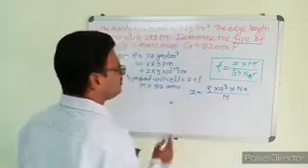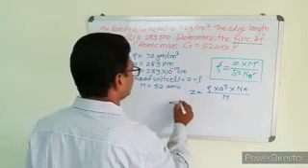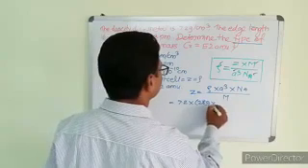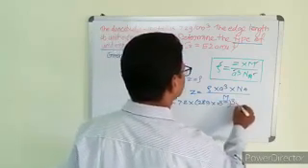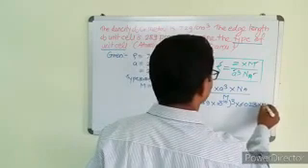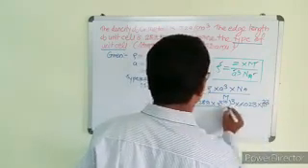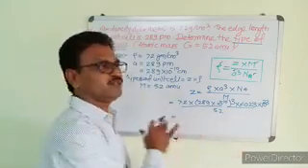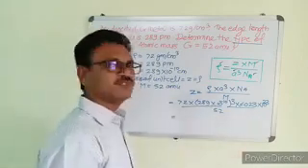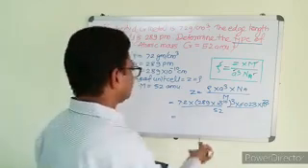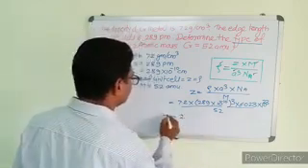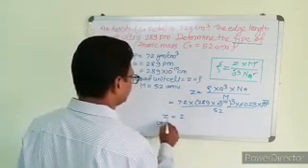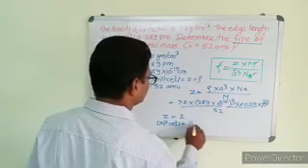So we have to put in all the values. 7.2 into 289 into 10 to the power minus 10 whole cube into 6.023 into 10 to the power 23 upon M, which is equal to 52. So put in all the values and calculate correctly. Slowly calculate it with the log table, and you will get the last answer, that is 2. So the value of Z is equal to 2. It means that the unit cell is BCC.